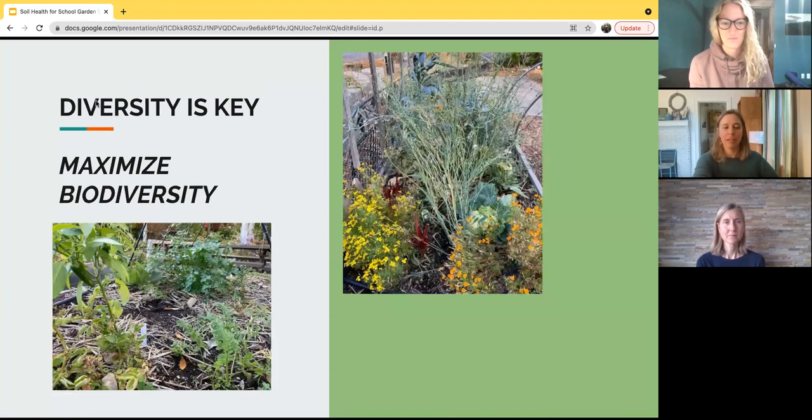And one of the things that I liked as a tagline on one of those earlier slides was that diversity above ground equals diversity below ground. And that's something I really hadn't thought about before. So one thing I've been doing a little bit more in our beds this year,